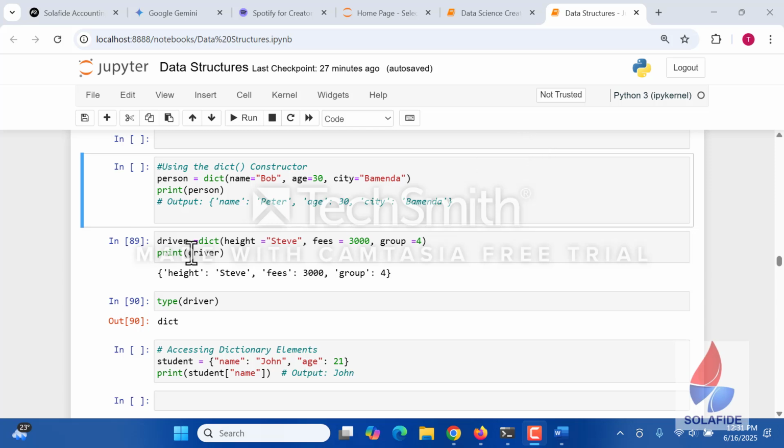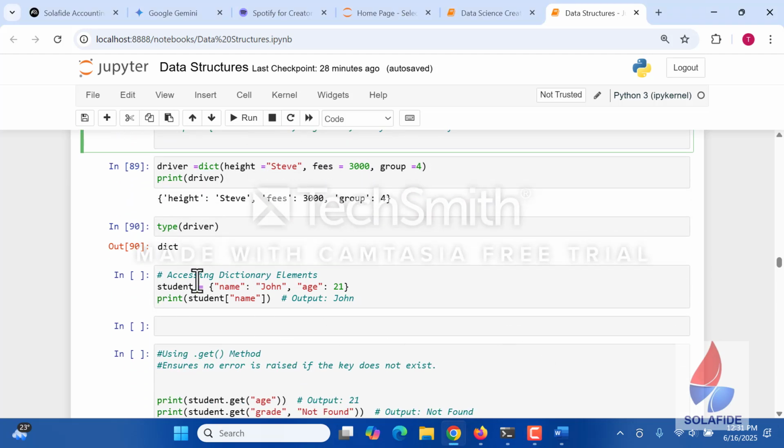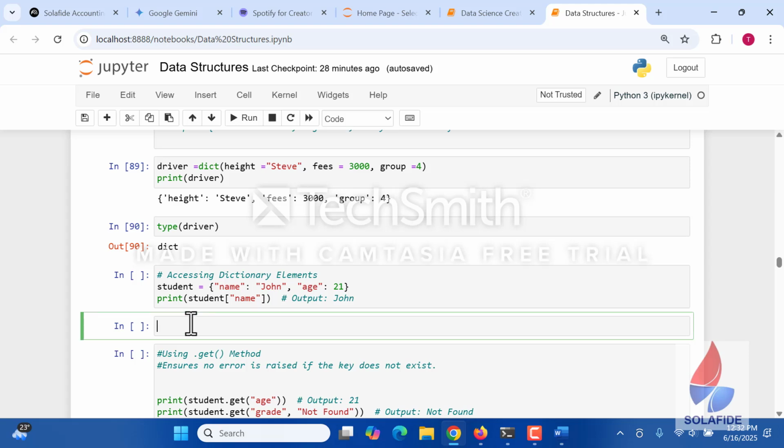Okay, so that being said, the next thing we want to talk about is accessing items in a dictionary. Let's say we're creating, again, we've seen a student, we have name, we have genre, we have age. So how can we access items from here? There are different ways we can do that. For instance, let's say we have the driver that we created earlier. So we could say print. And so what are we printing? A driver,